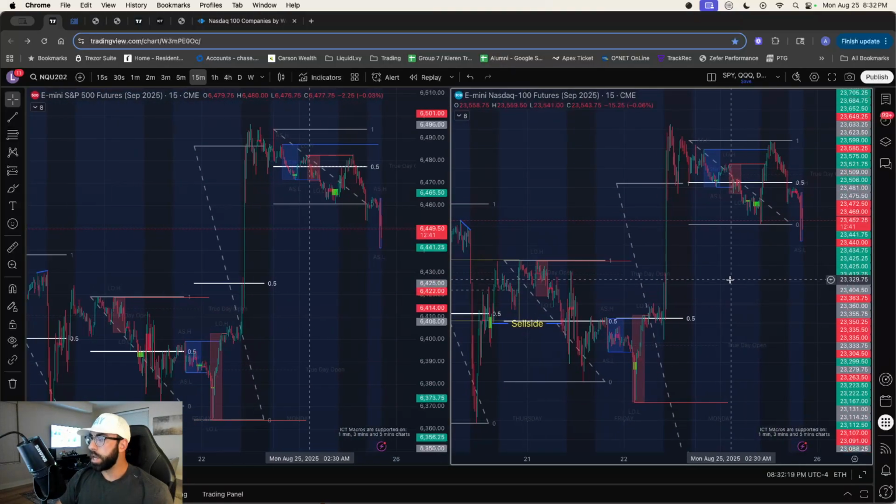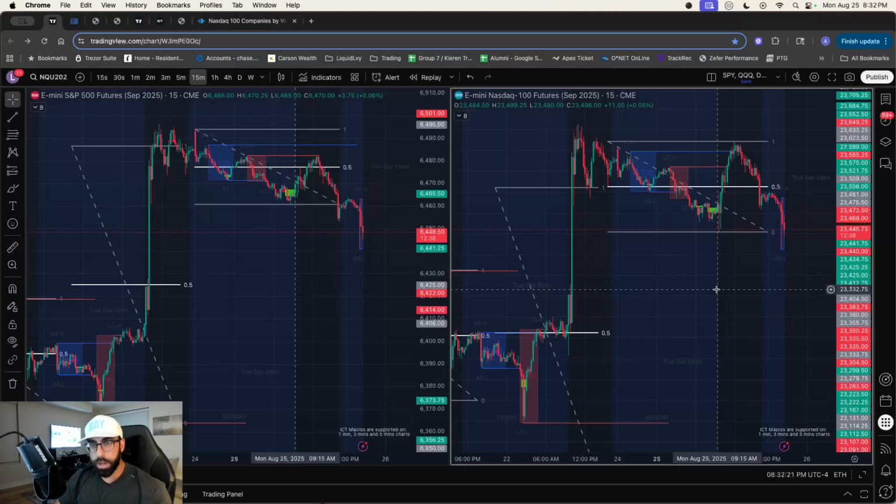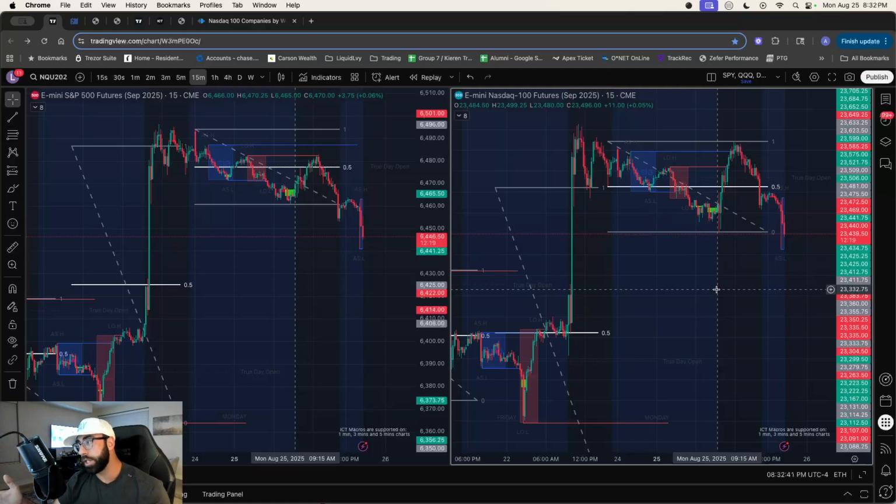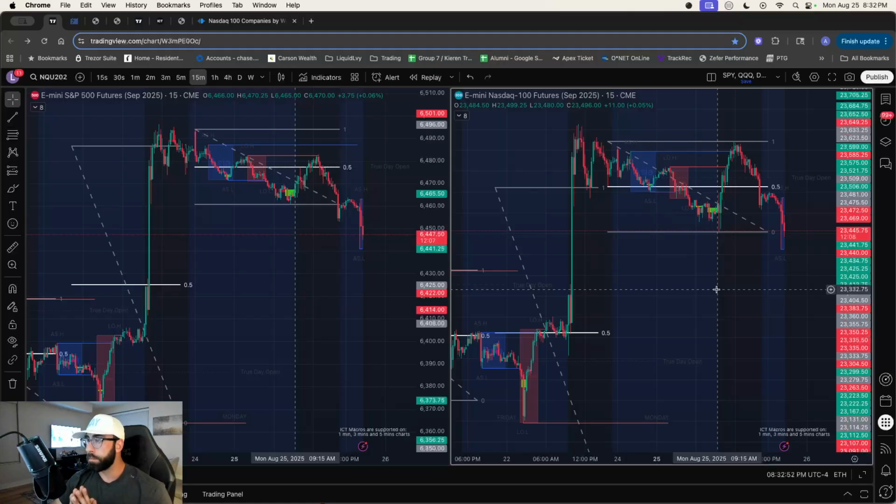I can't iterate enough that your take profit, your exit point of the trade, is as important, if not more important, than getting into the trade itself. So as you see the setup, you need to see liquidity resting above or below where you're trying to get into the trade if you're getting into a long or a short. Okay, you can't just see an IFEG setup, 3 candle formation, and just take that trade. There needs to be the liquidity sweep. There needs to be a bunch of different criteria. And some of those other criteria are protected lows. And so that adds an even higher level of confluence to a trade.